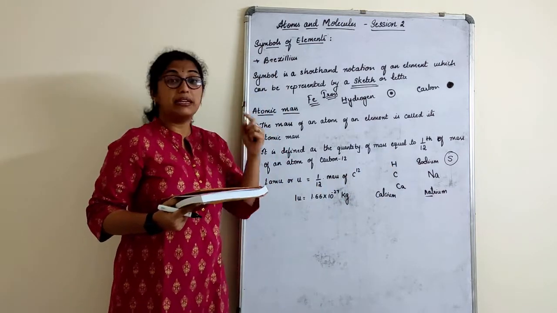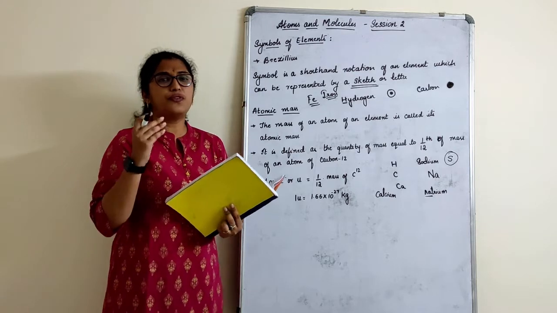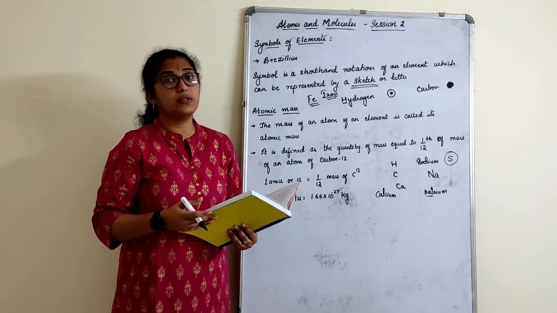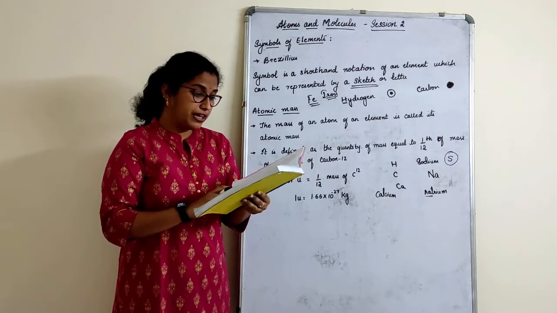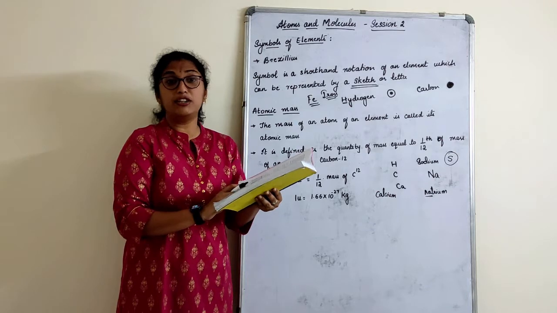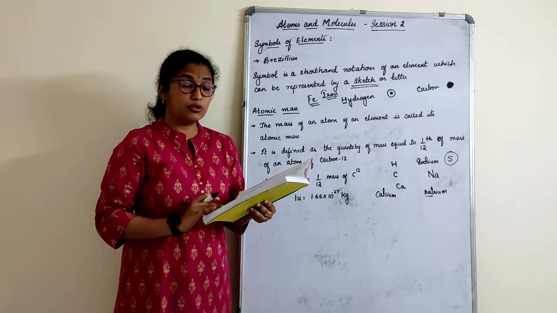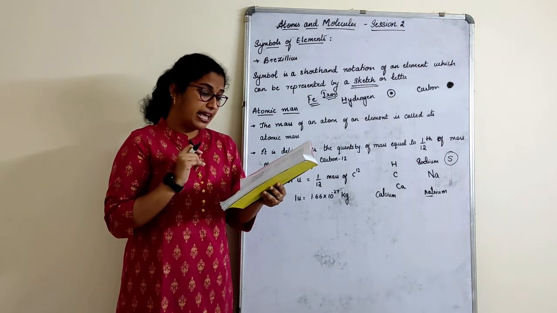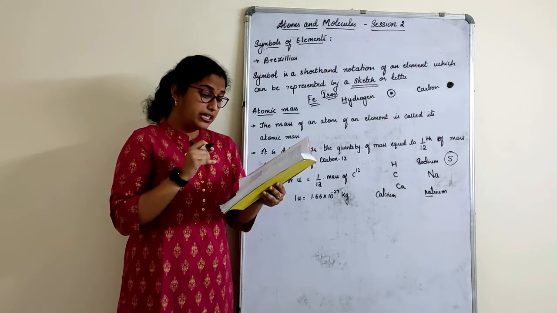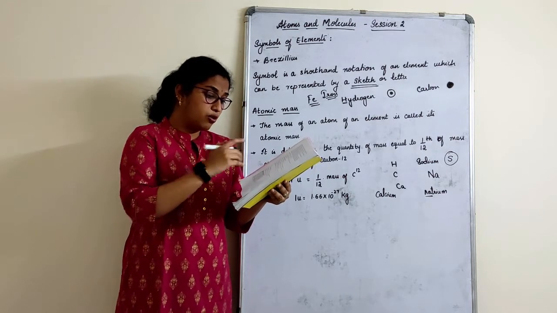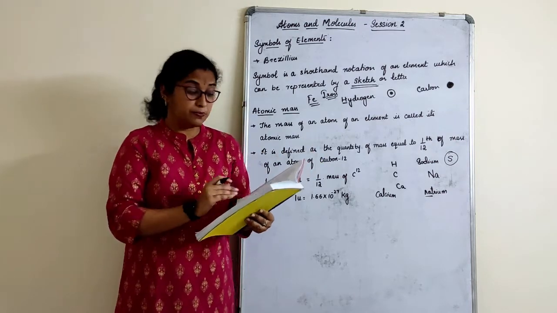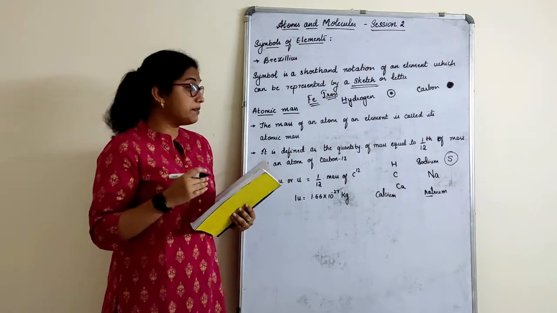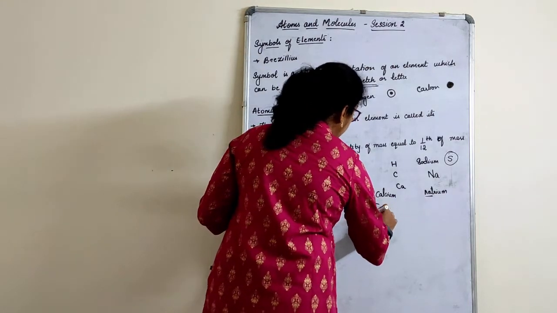How many elements do you have to remember? At least the first 20 elements. What are these first 20 elements? You will study them further. See in the book what we have given here; I have not given them in order here. What that order is, you will come to know later. Aluminium is Al, argon Ar, barium Ba, calcium Ca, carbon C, chlorine, cobalt, copper, fluorine, gold. There are several such elements given along with their symbols, and these symbols are also accepted by IUPAC.